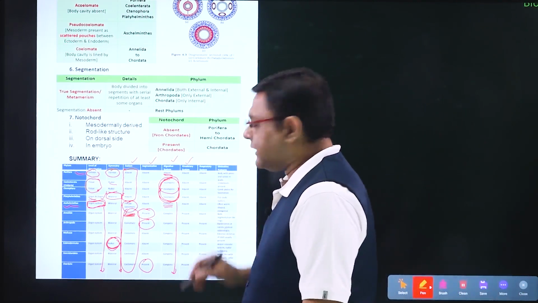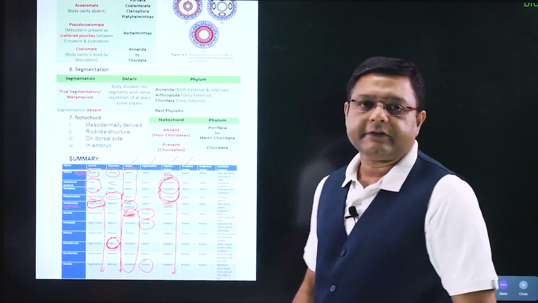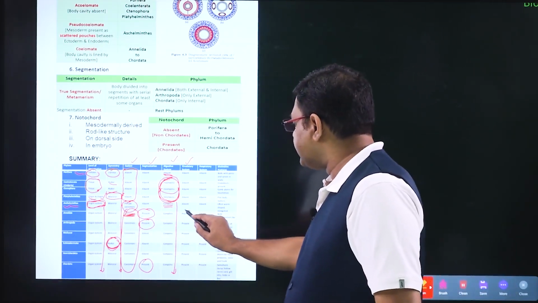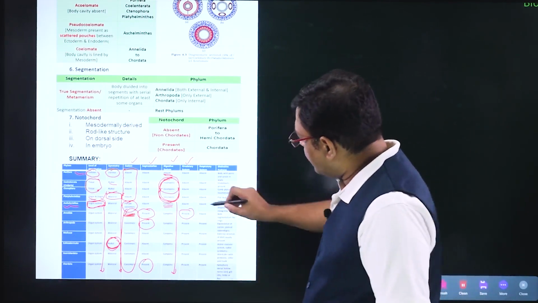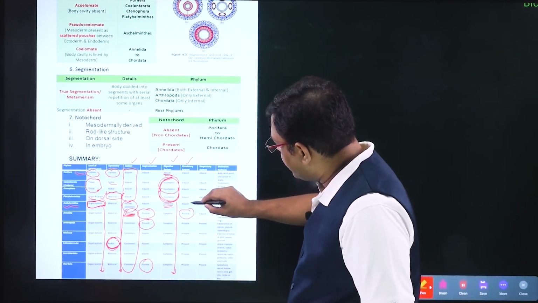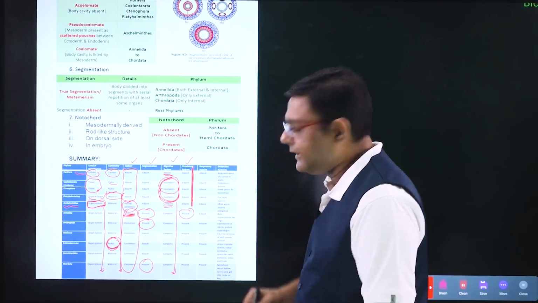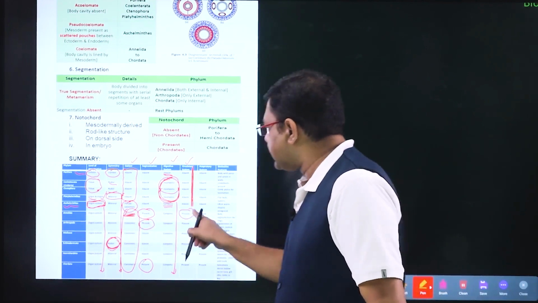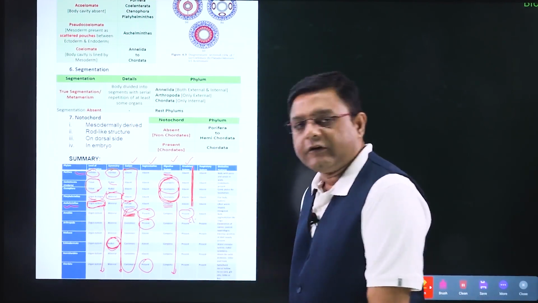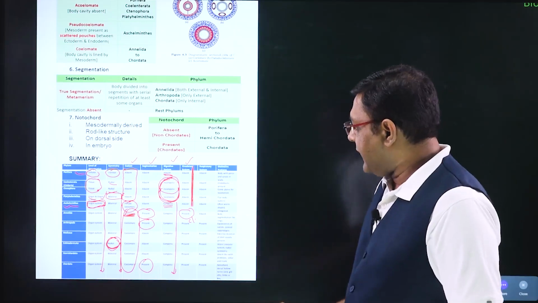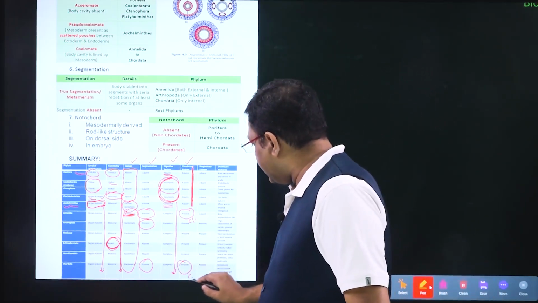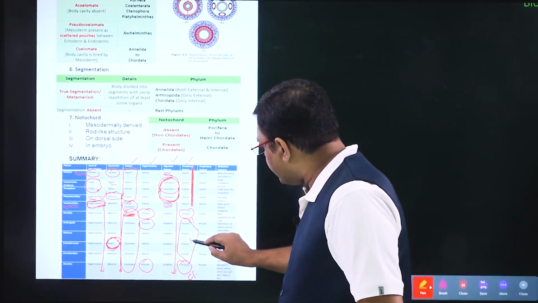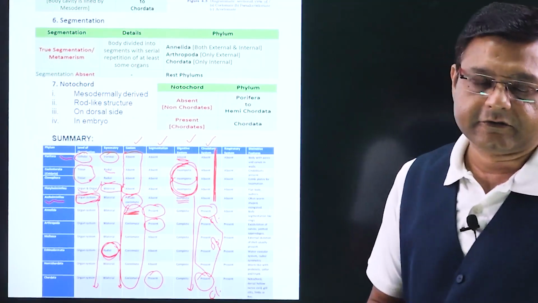After this, moving to the circulatory system. The circulatory system started quite late, and the first phylum in which the circulatory system came was Annelida. So, in all phyla before Annelida, the circulatory system is absent. Now, the circulatory system which came in Annelida, we know it was closed, and apart from Annelida, it is just the Chordata in which closed circulatory system is present, and all the other phyla will have open circulatory system.